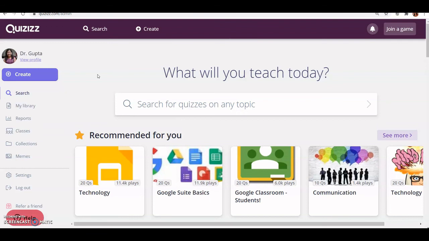So, as a learner, it is also fun to attempt the quiz. As a teacher, it is the best way to assess through online mode, especially during this era of digital learning. So just enjoy the quiz by playing it and start creating your own quizzes by using this quiz tool. Thanks to all.